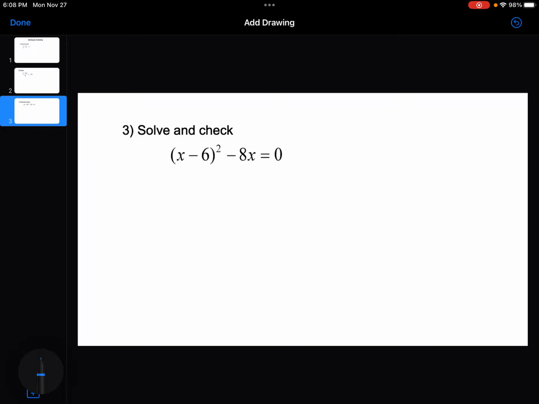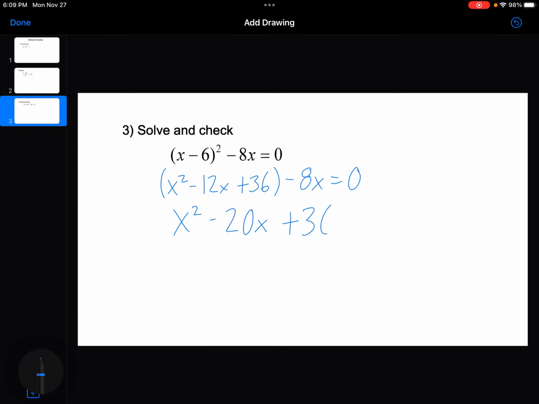Finally, if we have a question like this, probably the best way to get through this question is to expand it out. Sometimes if this is a perfect square, we will have difference of squares and we could work through it that way. But in this case, let's just expand it out and see what we get. So this is going to become x squared minus 12x plus 36 minus 8x equals 0. So now when we're going through this, there's a bunch of different things that people want to do, but realistically all we have to do is collect like terms. So we're going to get here x squared minus 20x